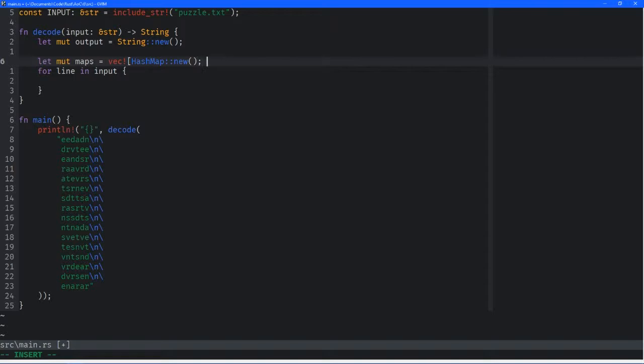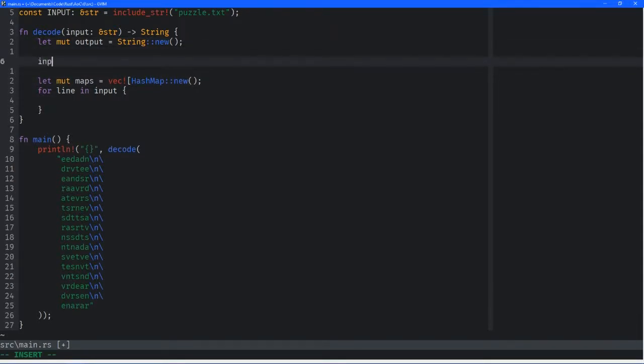That's going to need to be the length of our output, which we're going to determine by the length of the first input. So we will say let input len equal input dot lines dot next,